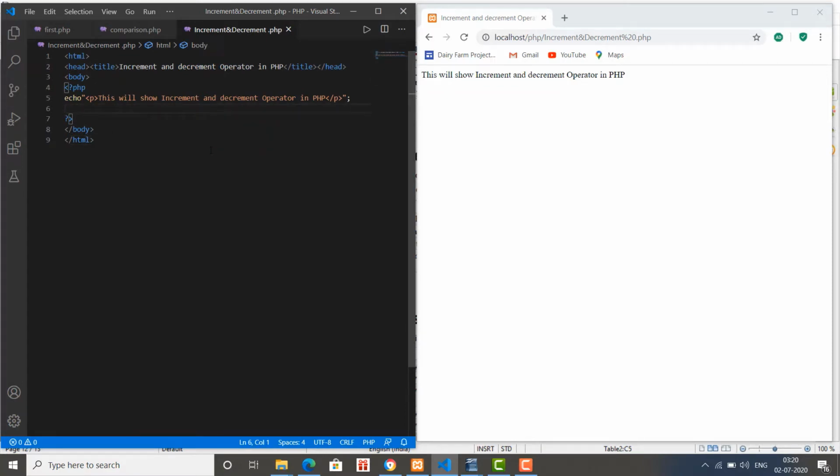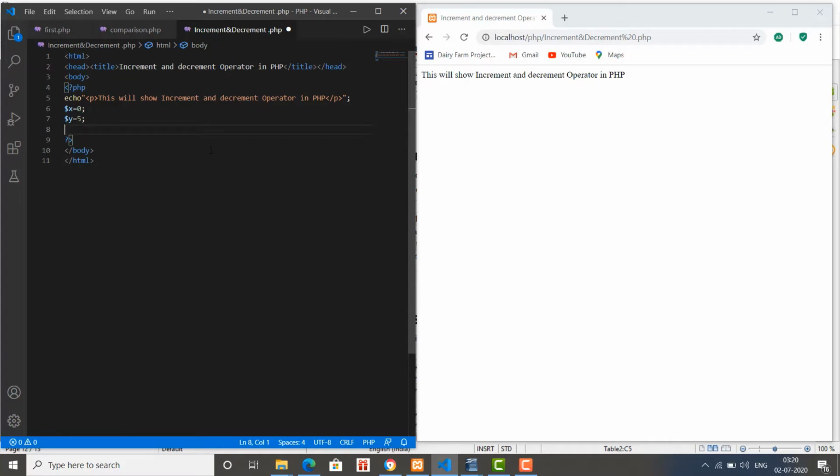Now we are going to declare a variable, say variable x, and initialize it equal to 0, and I'm taking another variable, say variable y, and initializing it equal to 5. Now I am going to use the concept of increment and decrement using prefix and postfix notation.